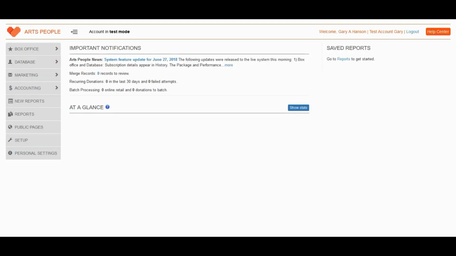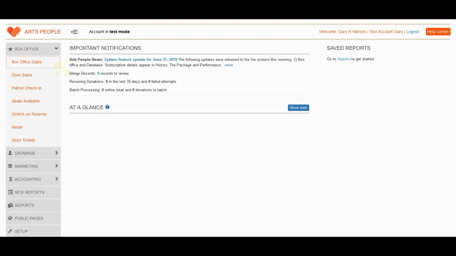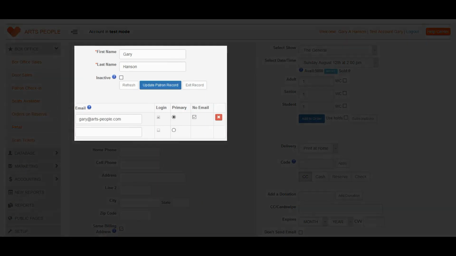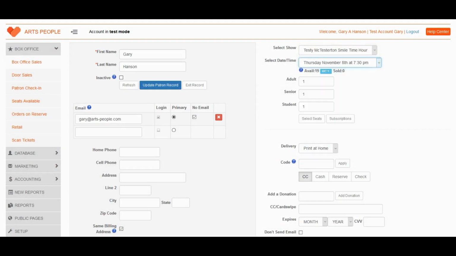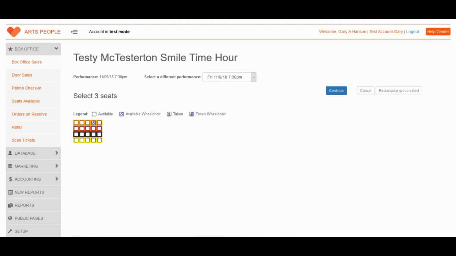Testing assigned seating pricing is done the same way. Go to Box Office Sales, bring up your own patron record if it's not already there, select the show that has assigned seating, select one ticket from each person type that is available, and select Seats. If you have different pricing for seating rows or sections, make sure you select the same row or section for each person type when testing, and you will want to test each row or section's pricing for each person type